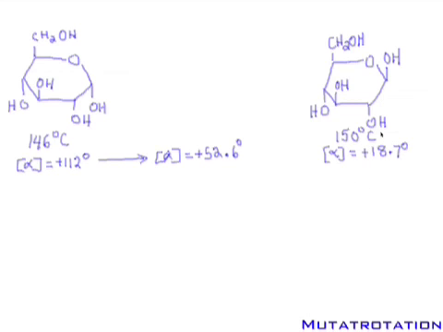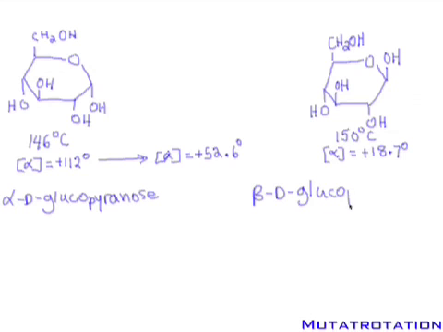What's interesting is if you take your pure form, okay, let's write the names. This is alpha D-Glucopyranose. And this guy is beta D-Glucopyranose. Okay, now